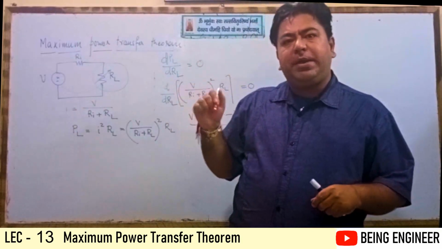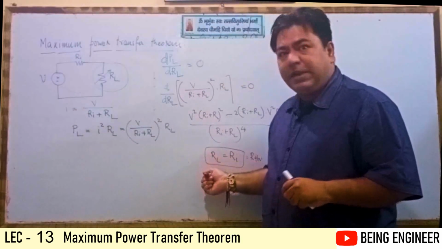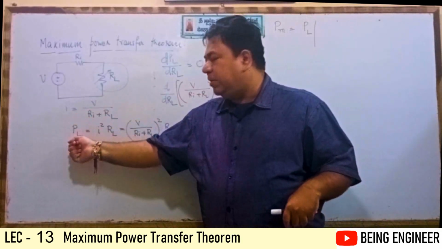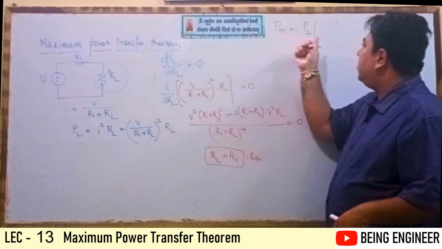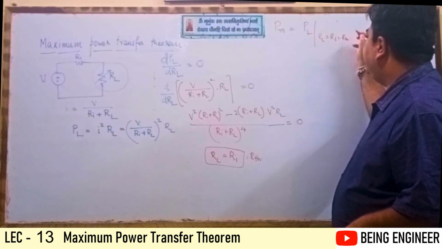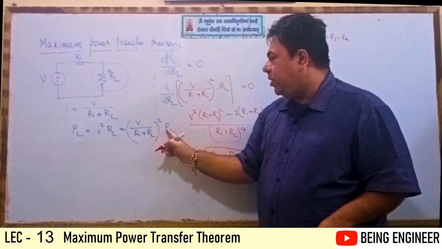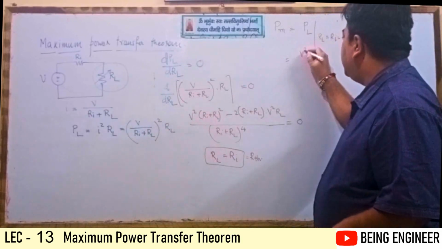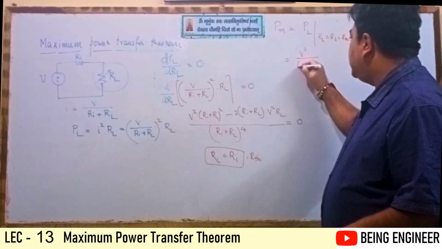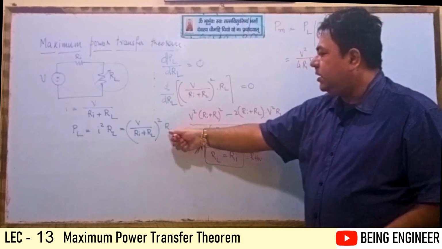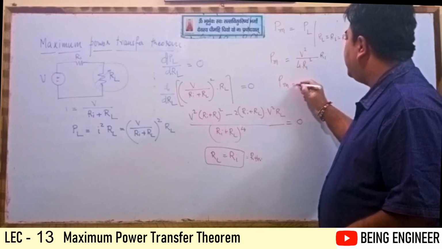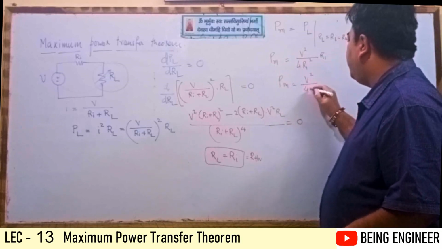Similarly, if I want to find out the maximum value of the power, this is the condition which I derived. Now I have to put this value in the power equation to determine the maximum power. So maximum power will be PL when RL equals Ri, or RTH you can say. If I substitute this value over here, what does it become? V square divided by (Ri plus Ri) whole square, which is 4Ri square, and RL is also equal to Ri. Now what is this maximum power? Ri cancels, so it is V square upon 4Ri.